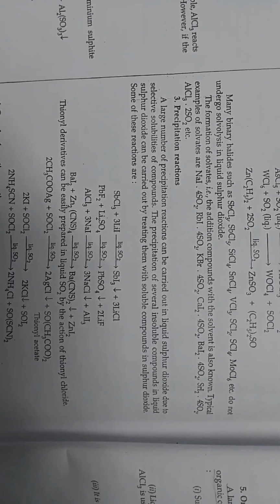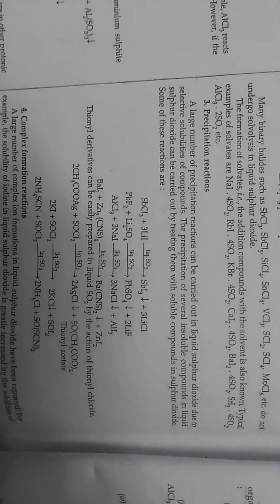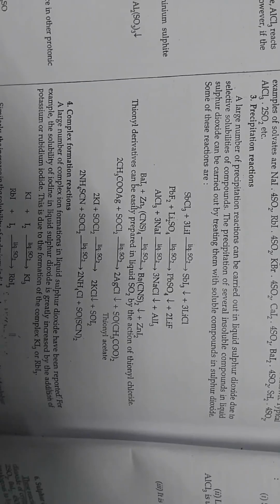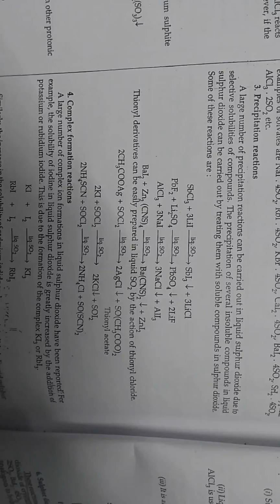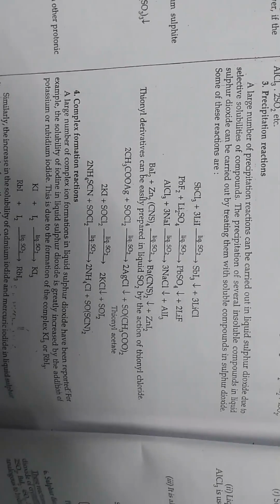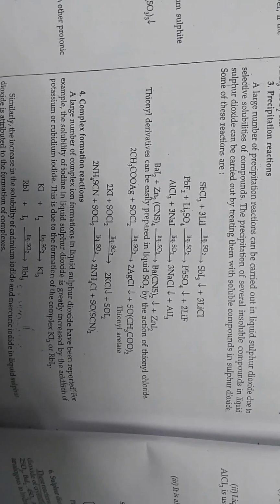NaI.4SO2, RbI.4SO2, KBr.4SO2, CsI.4SO2, BaI2.4SO2, SrI2.4SO2, AlCl3.2SO2. Number 3, precipitation reaction. A large number of precipitation reactions can be carried out in liquid sulfur dioxide due to selective solubility of compounds. The precipitation of several insoluble compounds in liquid sulfur dioxide can be carried out by treating them with a soluble compound in sulfur dioxide. Some of these reactions are SbCl3 plus 3LiI